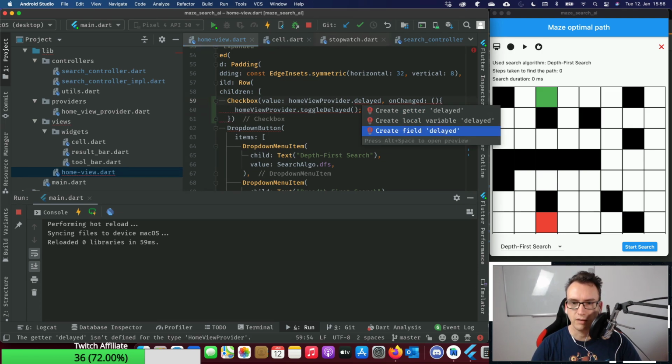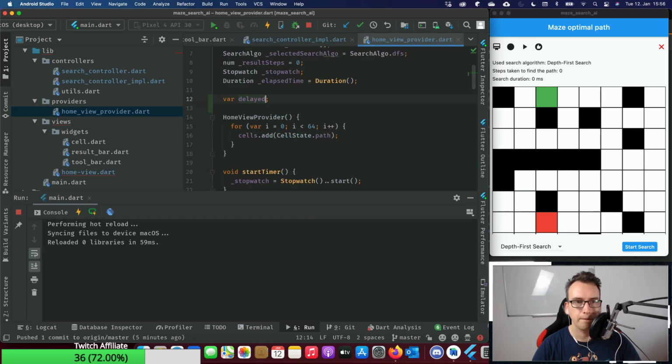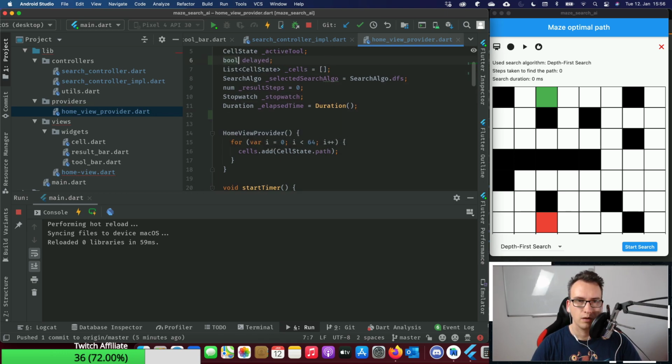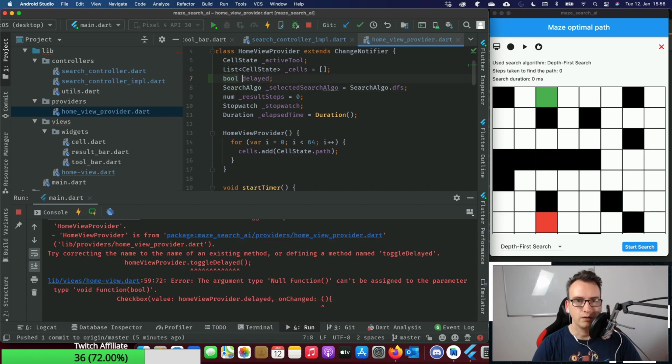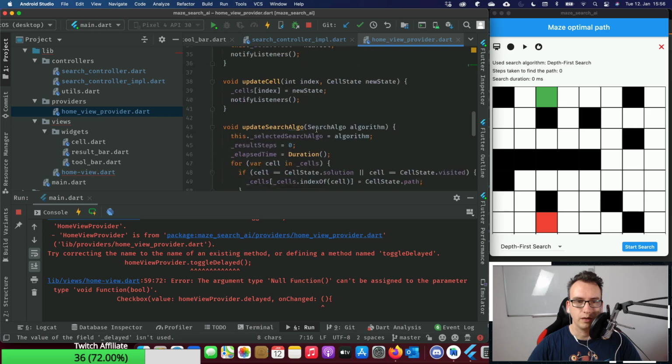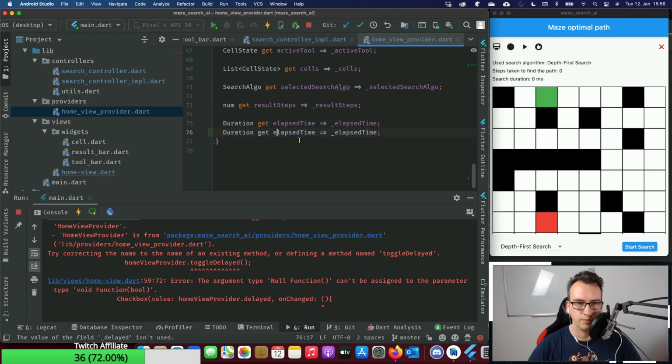So we create the field, which is just a Boolean flag here. It's of course up, not that easily accessible. That was the wrong part, so bring it in here, delayed.